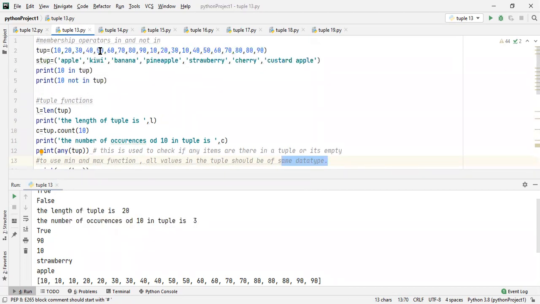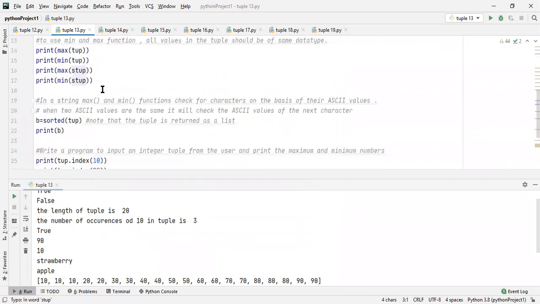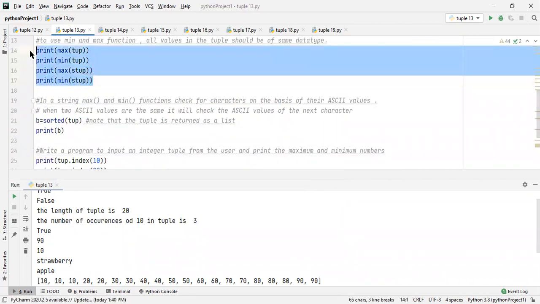So we have these two over here. We have tuple and we have string tuple. And I'm using maximum and minimum on both.